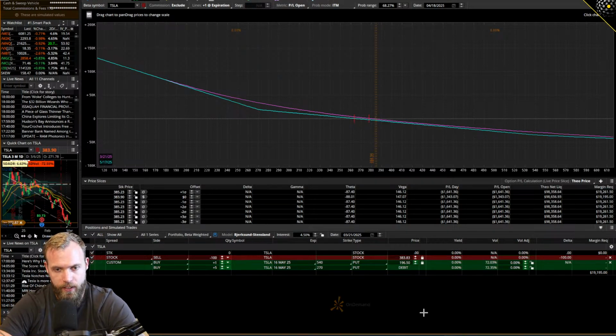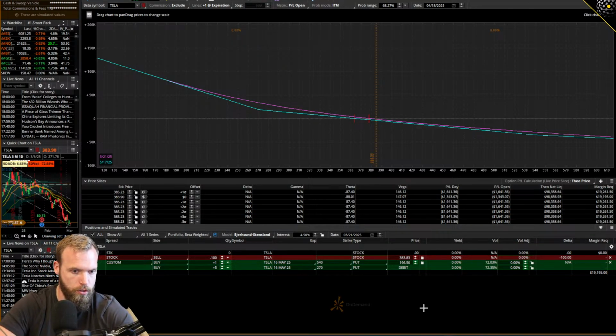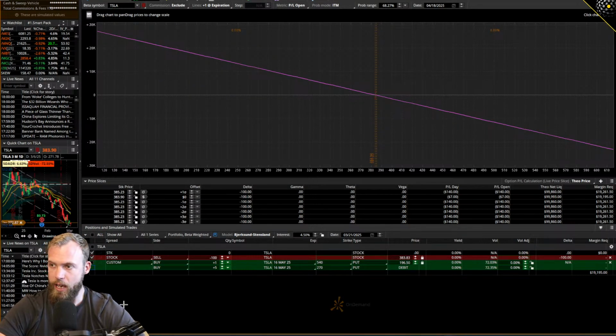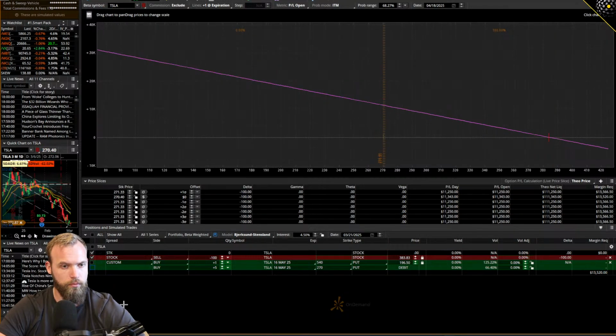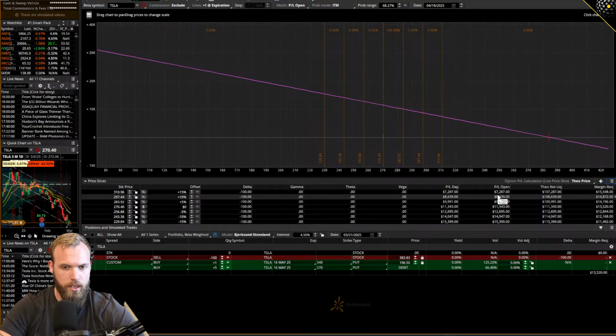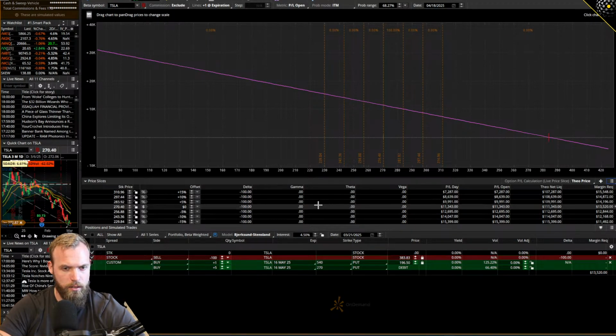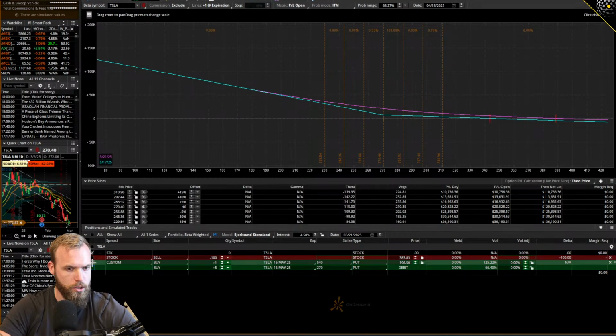All I'm going to do is effectively monitor what the value for these would be at this point in time, and then we can do the P&L for each. First, we'll take a look at just the equity. Our equity position right now is making $11,250. Sorry, 11,343. Now let's take a look at the options position.